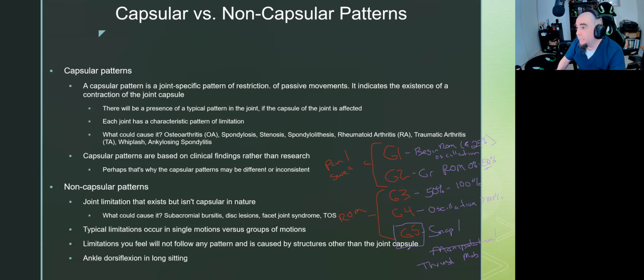So the APTA says that technically PTAs can't do this at all, but they leave it up to the states to decide. And in certain states, what they'll say is, well, PTs can't do mobilizations, but we can do, what do we call it in Pennsylvania? Glides. There we go. We can do joint glides. They're the same thing. The only difference is we didn't document what we felt in our assessment. Whereas when a PT does a graded mobilization, they will put in the,